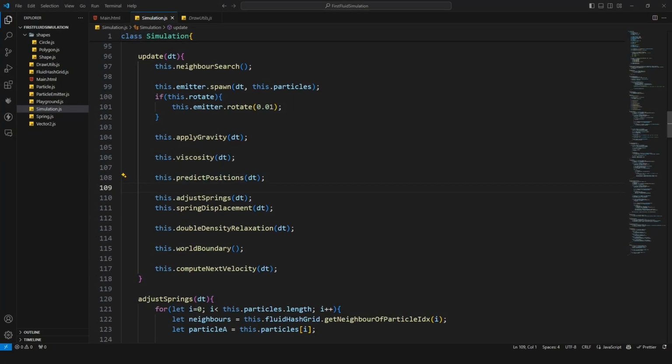In the simulation class, I first want to comment out the spring things and the viscosity, because I just want to have a normal fluid in my browser. Yeah, that looks a little bit better. And then we need to do some things in the circle.js and in the shape class. In the circle,